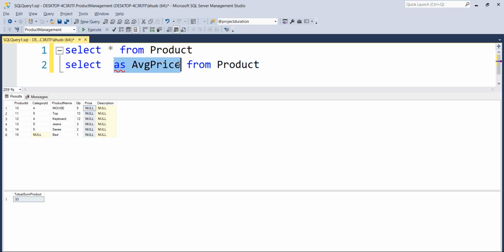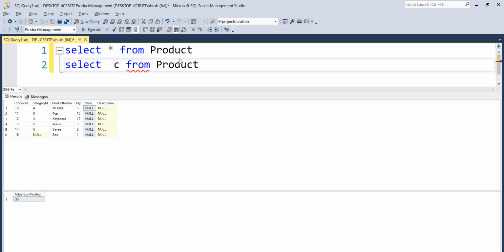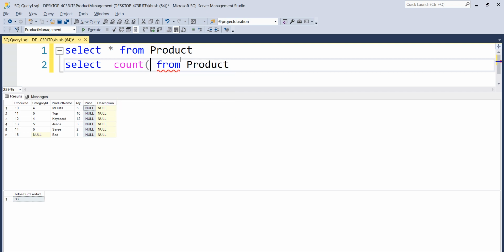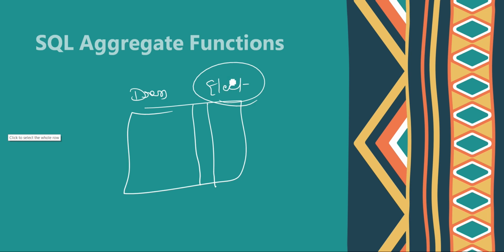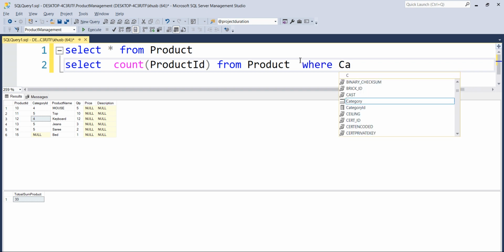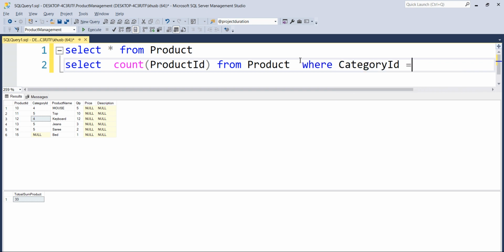So if I write select count, or let's say count of product ID, then it is going to count all the rows, right? But I don't want that. I am only interested in the electronics section. So let's say category ID 4 denotes this category called electronics section. So I need to specify where category ID is equal to 4.